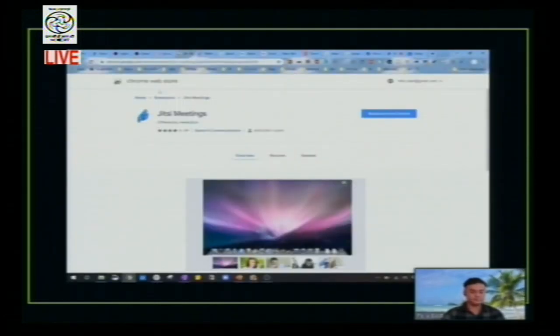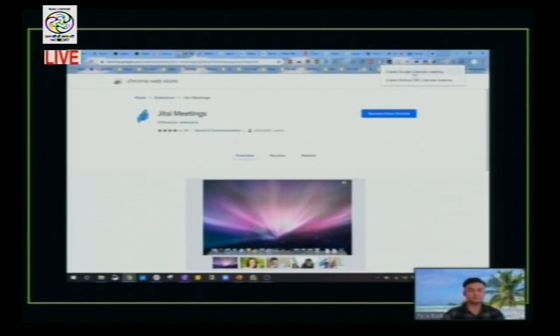Jitsi also has a very good Chrome extension that is available in the Chrome web store if you use the Chrome browser. Also, they have an extension for the Firefox browser. So go to the Chrome web store to install the Jitsi meetings extension that has already been linked up in my video, and click here to install it. As I already have it, it's asking me to remove it from the Chrome, but if you haven't installed it, you'll be presented an option to install it first. So once you install it, you will get an option here, the Jitsi option, create Jitsi meetings. So I can schedule a meeting through this Jitsi add-in of the Chrome.